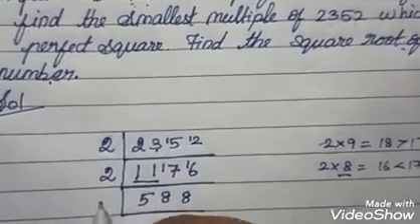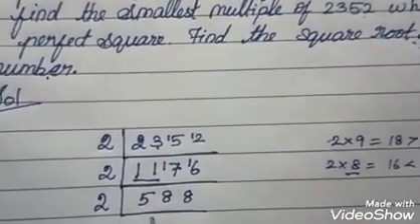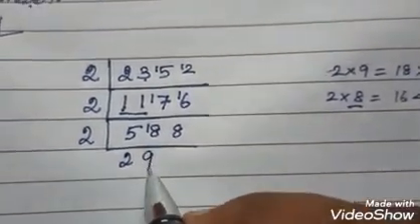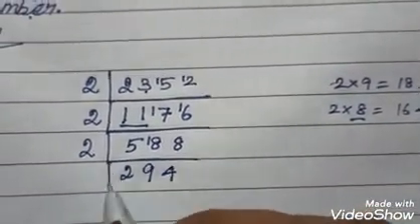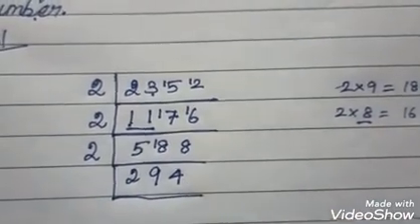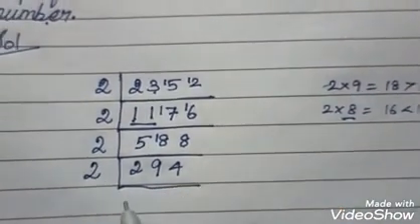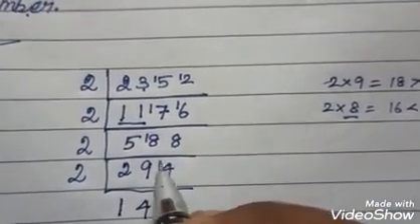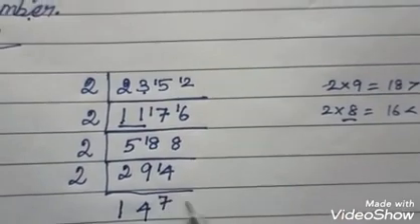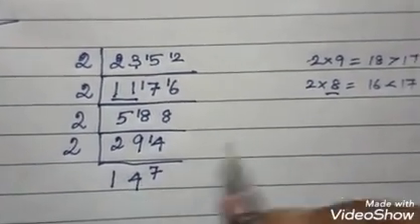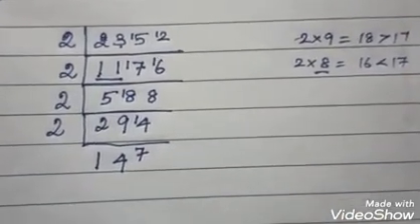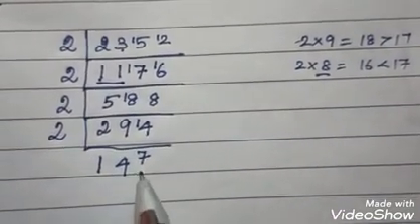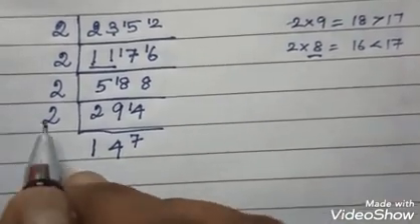Again, 5 2s are 10, 1 is remaining. 18, 9 times. 4 times. As usual we need to process the same. So 2 1s are 2, 2 4s are 8, remaining 1, 2 7s are 14. So 147. What is that? 147. So now you think you need to divide, you can't divide by 2.